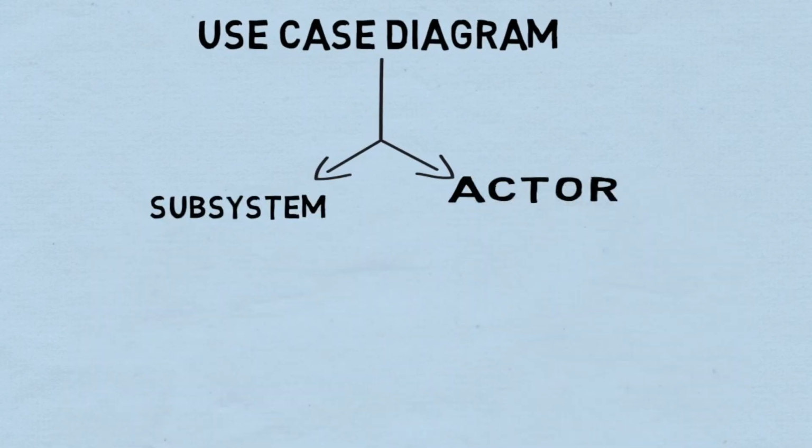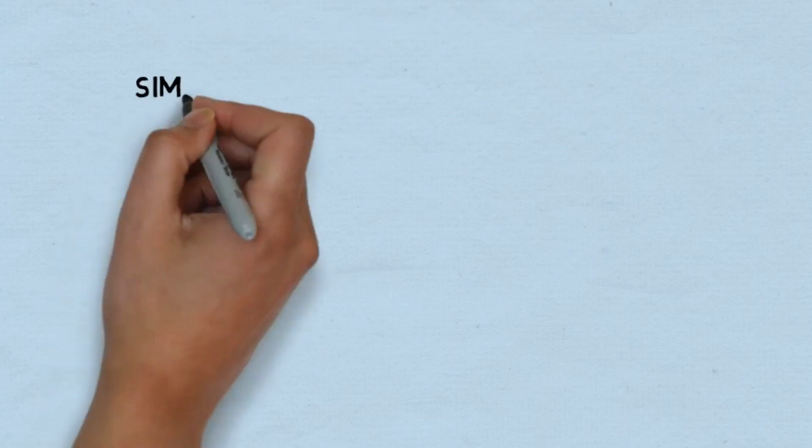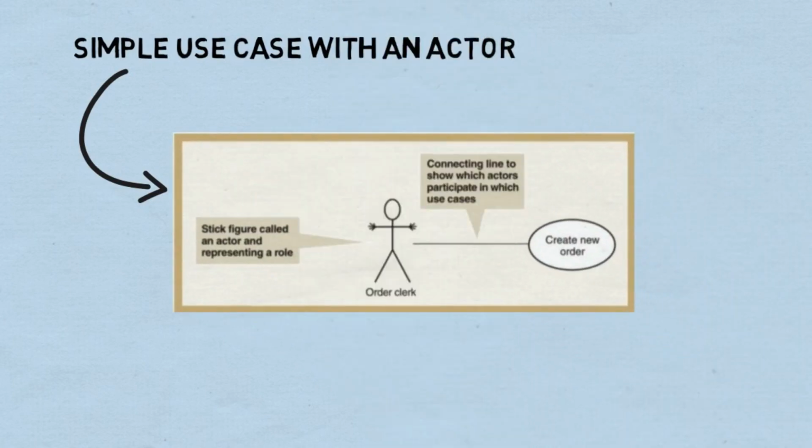Here is an example of a simple use case with an actor. The actor has responsibility toward the system input, and the actor has expectation from the system output. Communication link, which is the actor participating in the use case. Actors may be connected to use cases by association, indicating that the actor and the use case communicate with one